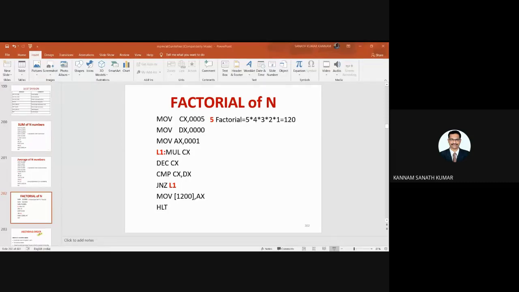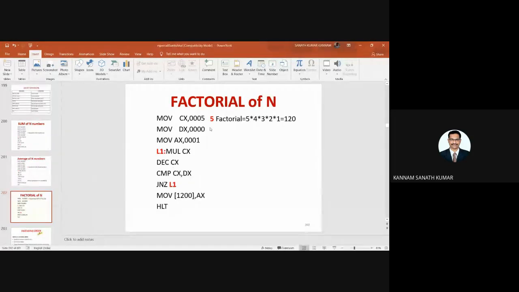Or otherwise, one second. So initialize this DX with 5. Decrement DX.